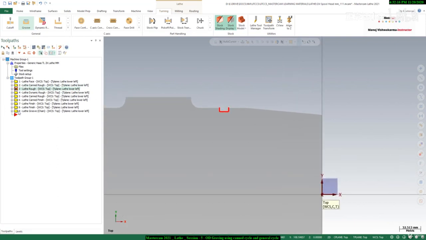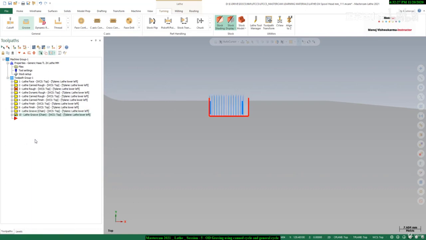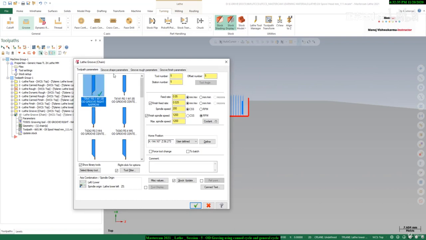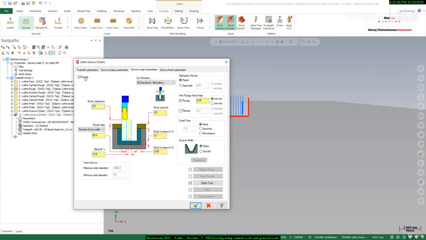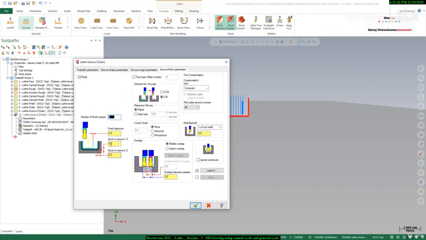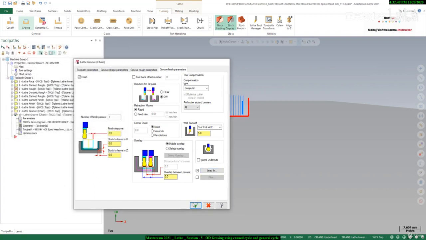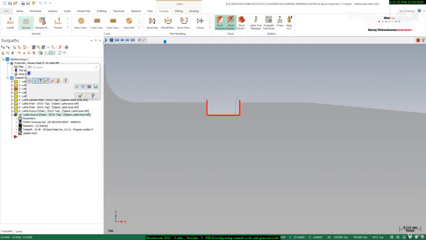Okay, so this is the toolpath which we have created, and now we will create the finishing toolpath. Simply we can copy this toolpath and paste here, and go to the parameter tab, and here we can select the tool, this tool, and go to the groove finish parameter. I will select finish, and unselect the rough, and then I can say okay, lead in out will be 2 mm extra,